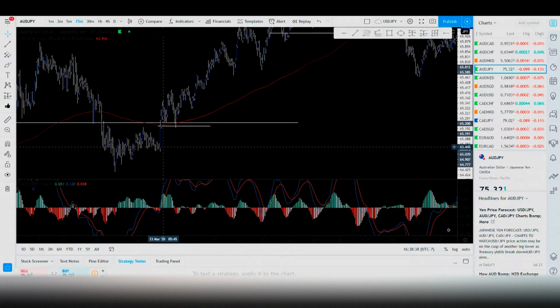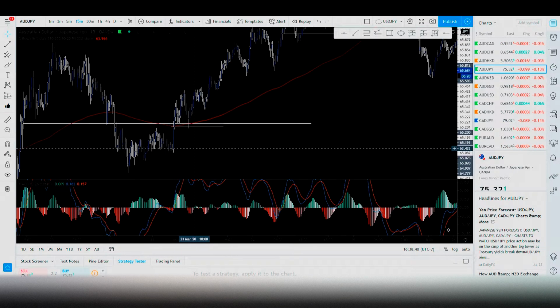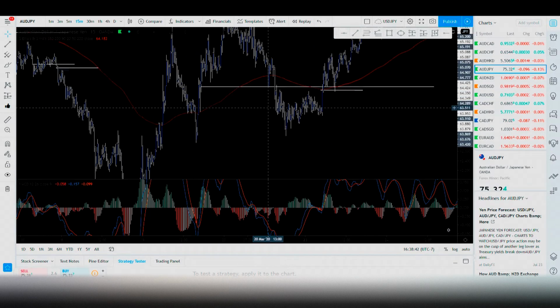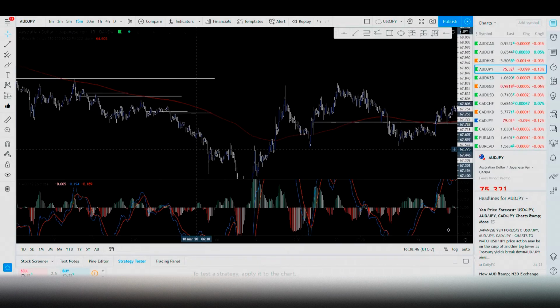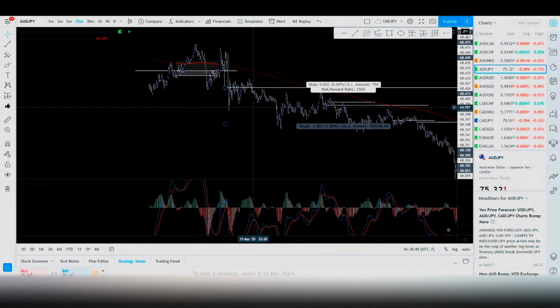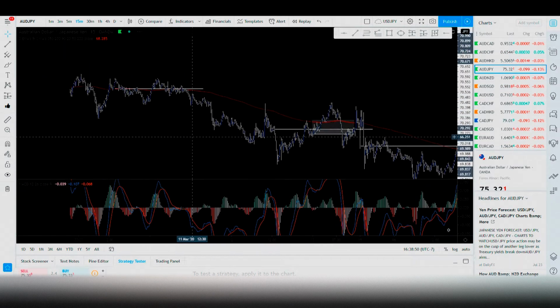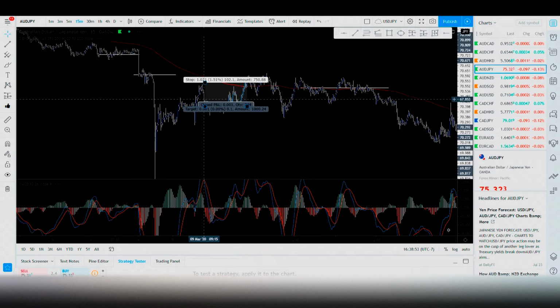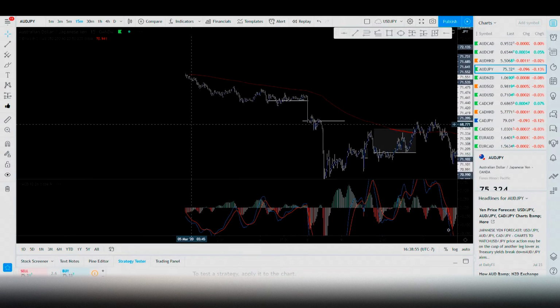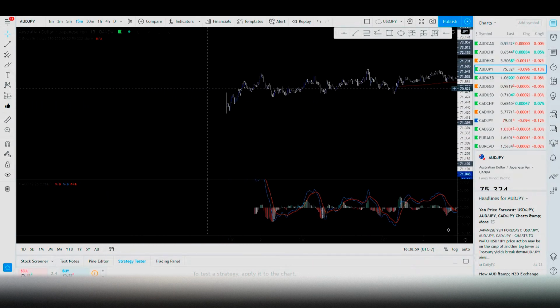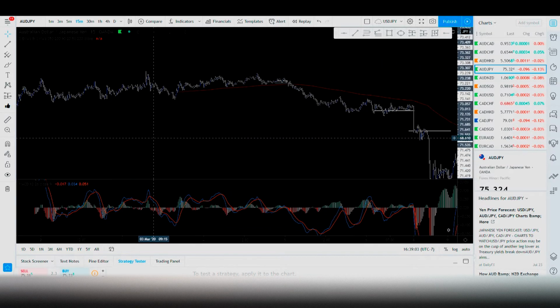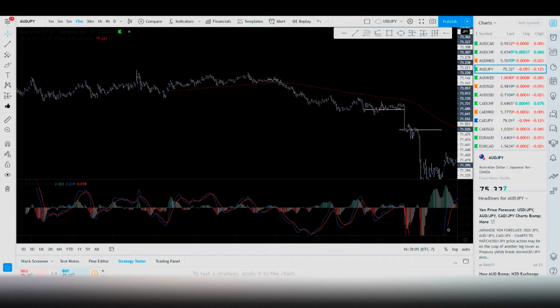The biggest advantages to these indicator ways of trading is, one, you can test it to see if it even works in the long run, if you're going to be profitable. Two, it takes a lot of the guesswork out. That's the biggest thing. So as soon as you accept you're going to lose trades and you're going to win trades, and then you go down an indicator method of trading, it's a lot easier to just keep going with it, because maybe 1 week you're going to lose 3 in